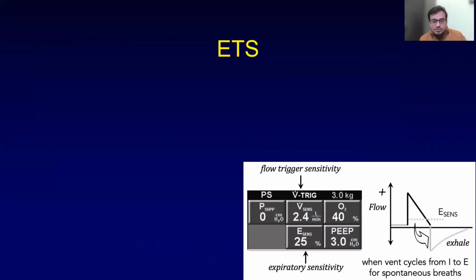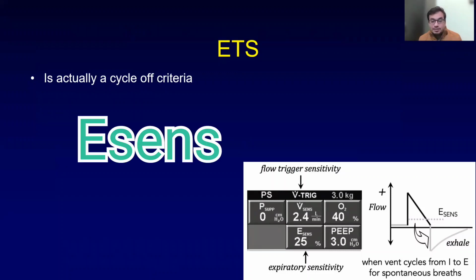Okay, this is quite confusing because the word trigger should not be used here, as trigger means initiation of the inspiratory breath, and here we are starting the expiration. Or rather, we are changing from inspiration to expiration, and that should be called cycling. So the correct term should have been cycling sensitivity. Okay, that is very, very interesting also. And this is the reason why on the Hamilton ventilator, ETS is otherwise known as eSense, or end inspiration or flow cycle in other brands.